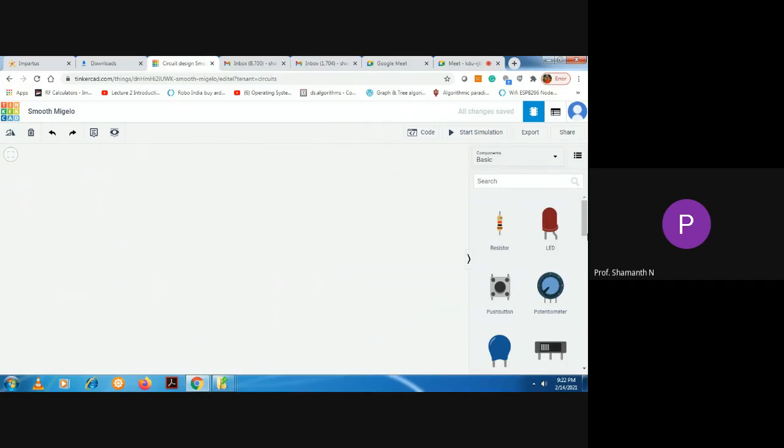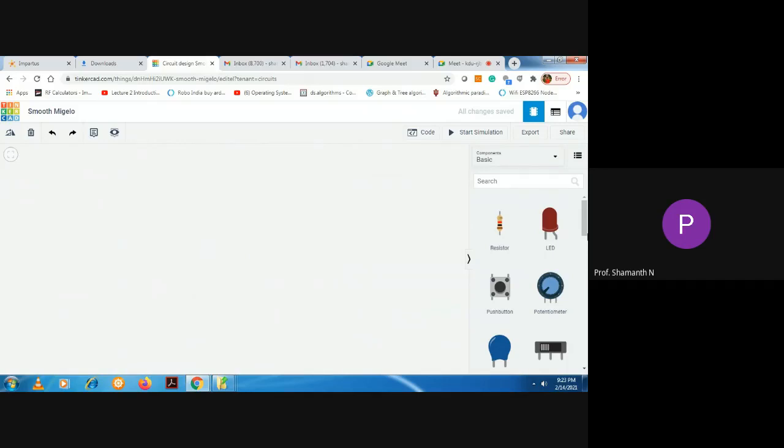So in C program, I hope everyone have started with hello world. So that's the basic program with which you'll be taught to implement C programs. So similar to hello world, we have LED Blink. So LED Blink is the basic program that will be taught for the Arduino programming or IoT projects.